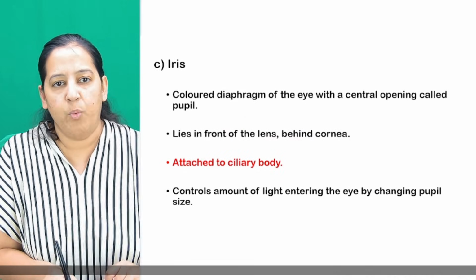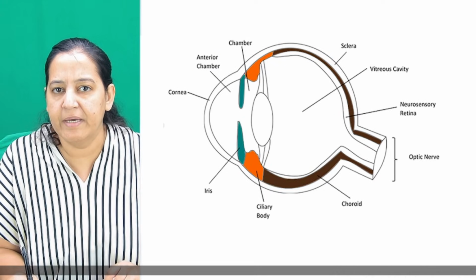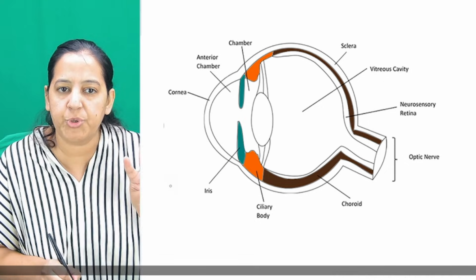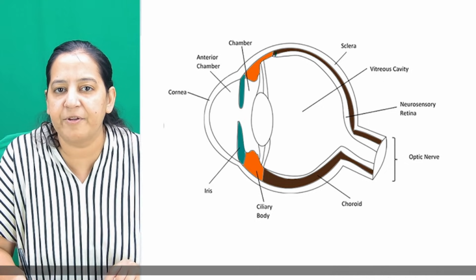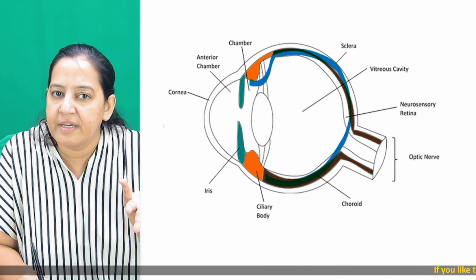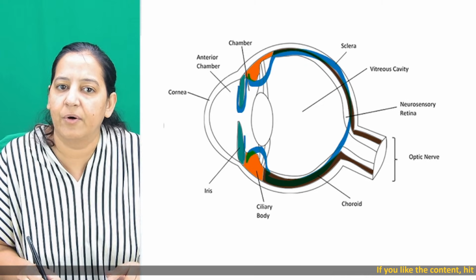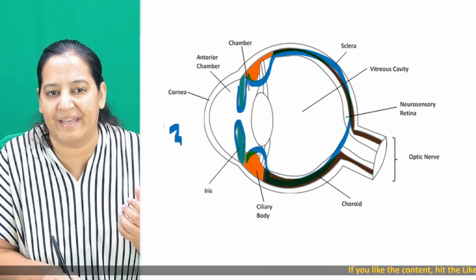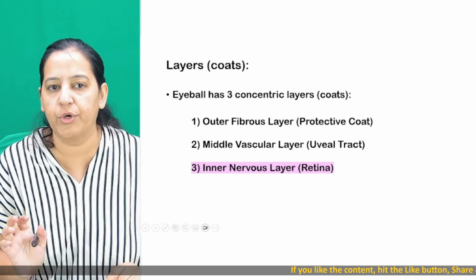Okay. And what's iris? Iris is the continuation of ciliary body. So I taught you three things in the middle layer. First of all, there is choroid. You can appreciate this is choroid. The continuation of choroid is ciliary body, and the continuation of ciliary body is iris. And you have to imagine in 3D. It's a curtain, a complete curtain. I will show you in the model.